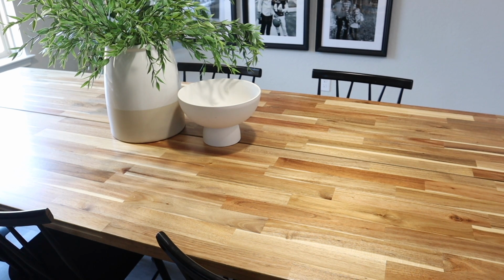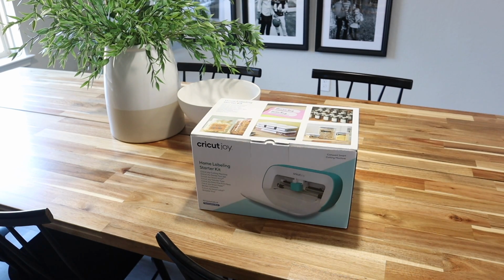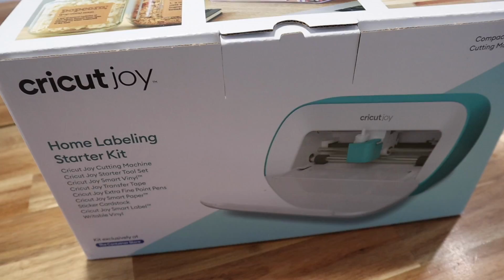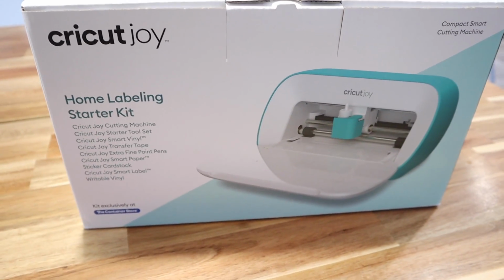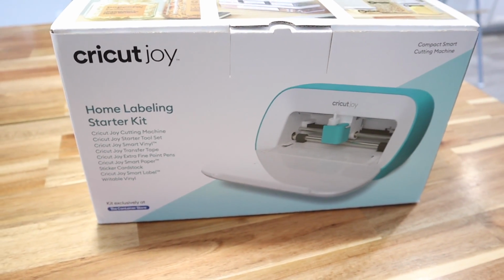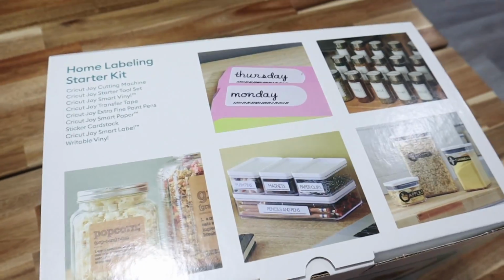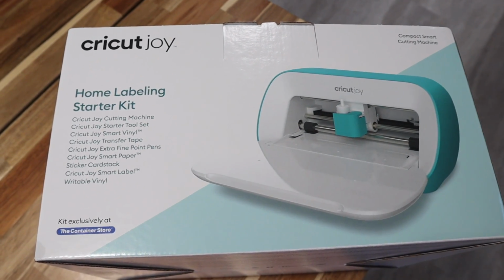Alright, I don't know if you guys already know about this, but Cricut is now selling in the Container Store, and you guys know how much I love to organize. So Cricut plus the Container Store put together, it's like a match made in heaven. So I'm going to tell you guys all about the new Cricut Joy starter kit that you get exclusively sold at the Container Store. We're going to unbox it together. I'm going to show you guys everything you get in this little kit, and then we're going to start our